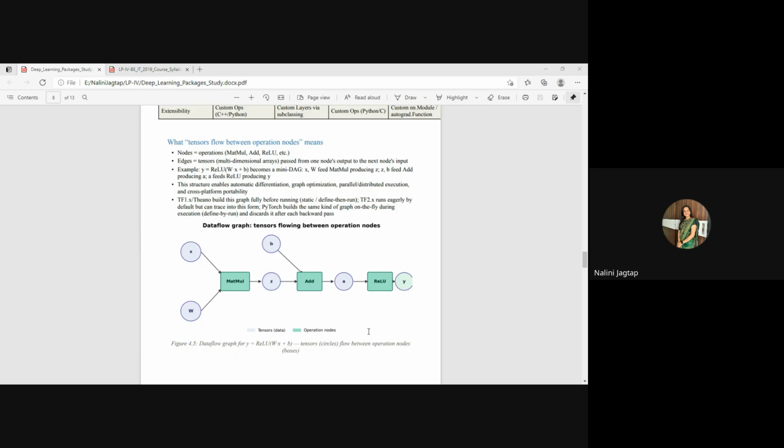Right. So then let's look at what TensorBoard is. TensorBoard is TensorFlow's built-in visualization tool used while a model trains. TensorBoard can display live graphs of things like the loss value dropping over time, histograms of how the weights are distributed,